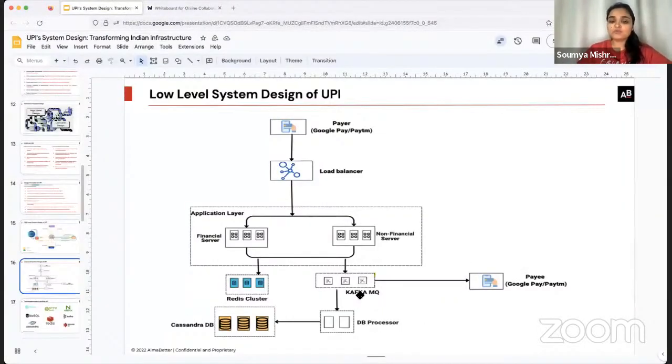So there's a messaging queue. Once the transaction is done, it's updated in your cache. It is updated to the messaging queue. The messaging queue gives it to the DB processor. The DB processes that entire message and saves it in your DB, whatever DB you would be having. And also, this messaging queue informs the payee, the person who is getting the money, that hey, this thing